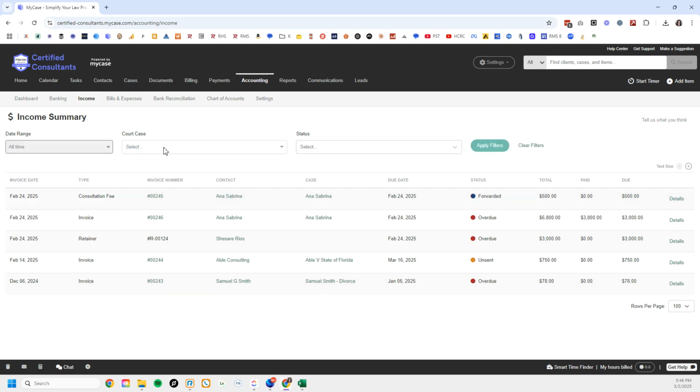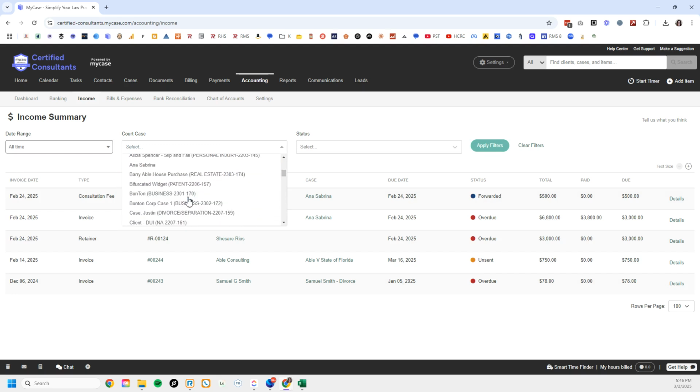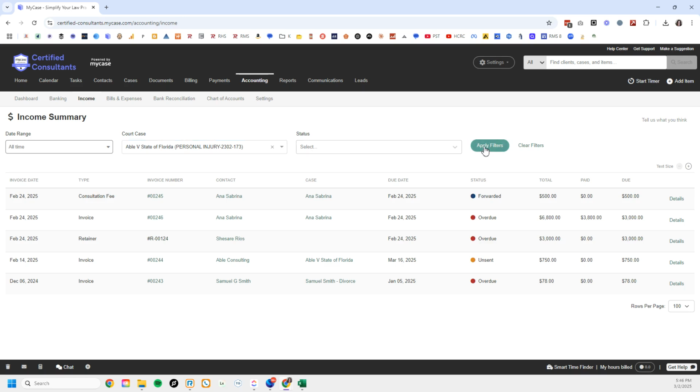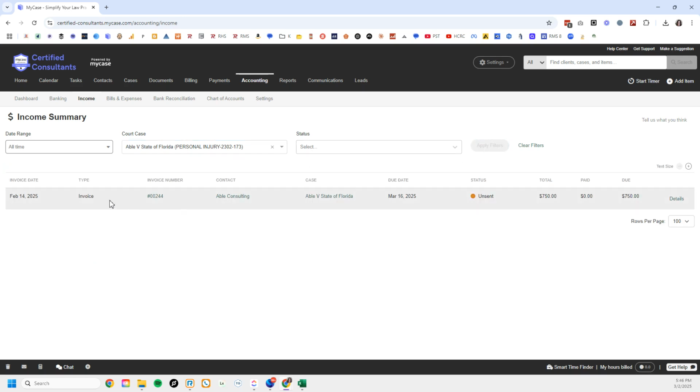Or I could have done it for all time, but maybe I only want to see it for one case. So I apply the filter, and now there's only been 1 invoice issued on this case. So you can see it. And you can use these filters in tandem. You can select a time period, you can select it by a case,